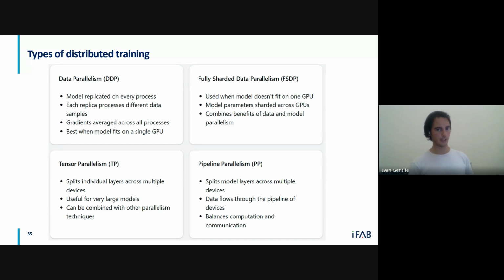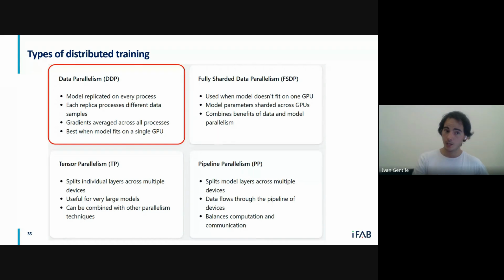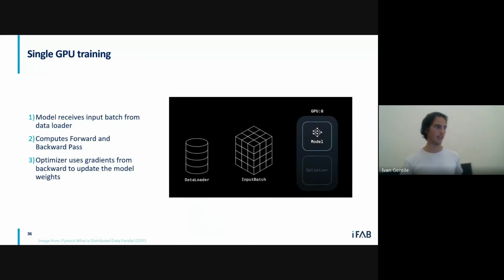Tensor parallelism is another framework we can use to split parts of the model across different GPUs, allowing training on different parts of the model at different times, but we still run a single run. And pipeline parallelism is, let's say, a combination of these. We're not going to talk about that. Let's focus on data parallelism and see it in depth.